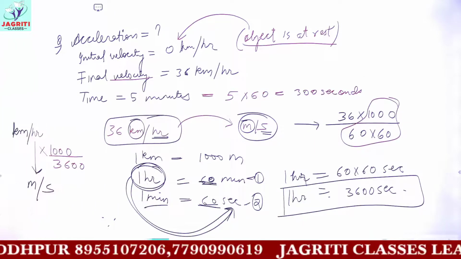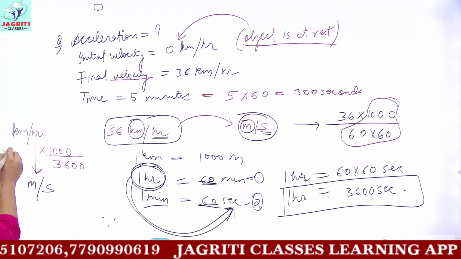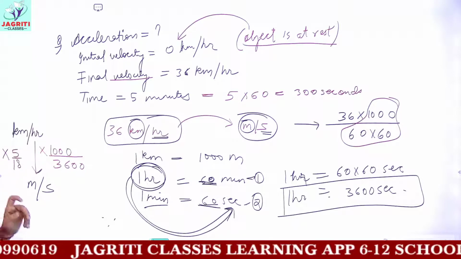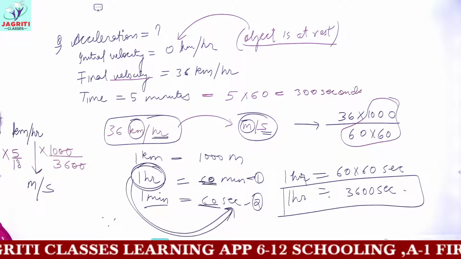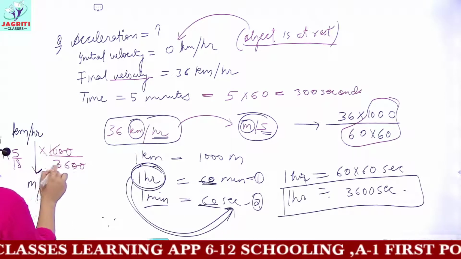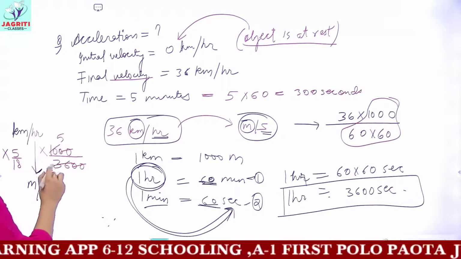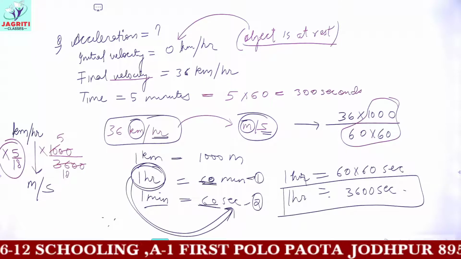So you can remember that for converting kilometer per hour into meter per second, just multiply the value with 5 upon 18. Now here, how did 5 upon 18 come? Let's simplify this factor. You can cancel 2 zeros, and then if you divide both these numbers 10 and 36 by 2, you get 2 5s are 10 and 2 18s are 36. So you get the factor 5 by 18.